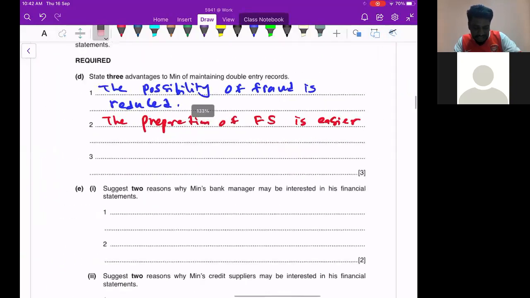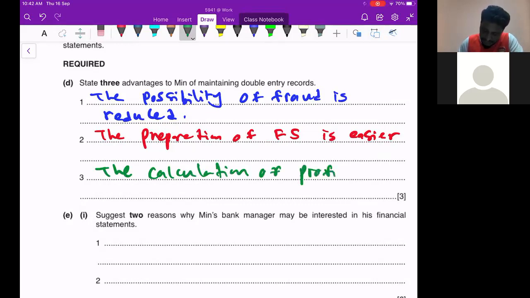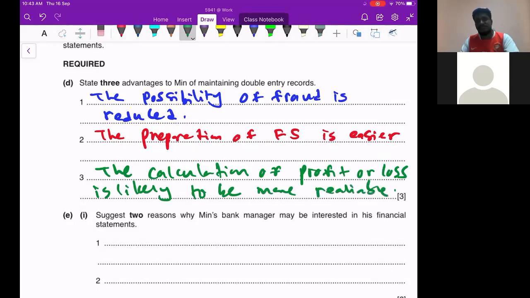Next one, what is the advantage of maintaining a full double entry system? The profit will be more reliable. The calculation of profit or loss is likely to be more reliable. So we can trust the calculation of profit or loss whenever you keep the full detailed double entry system. But if you just take simple information and simply do the financial statement, we cannot trust the profit that we get. Apart from these three, you can say full details are available about the assets,